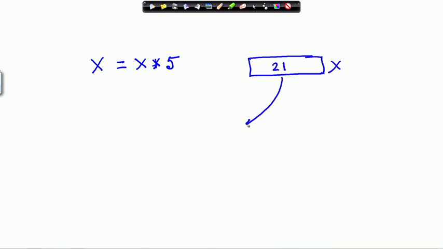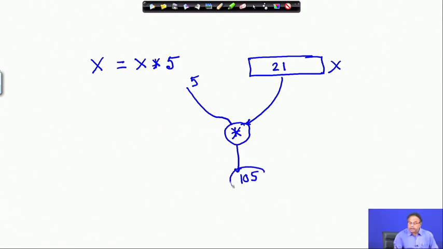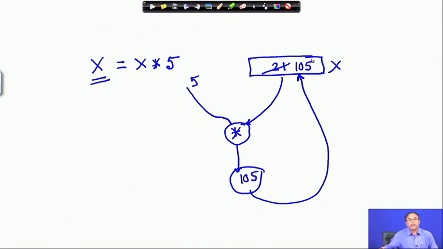I took that value and this time instead of adding, the CPU is doing some multiplication with this constant value 5 and is getting the value 105. Now, this 105 is again written back to x. So, it is going over there and it will override this 21 and we will write 105. Clear?